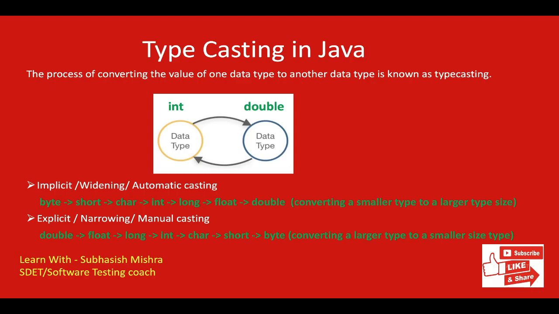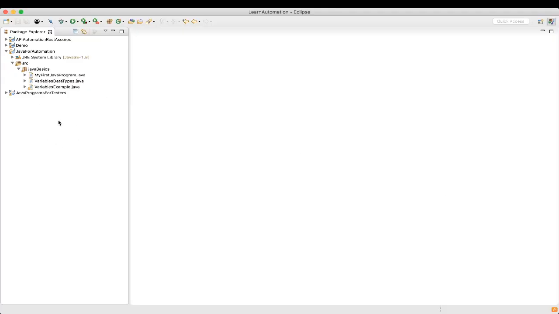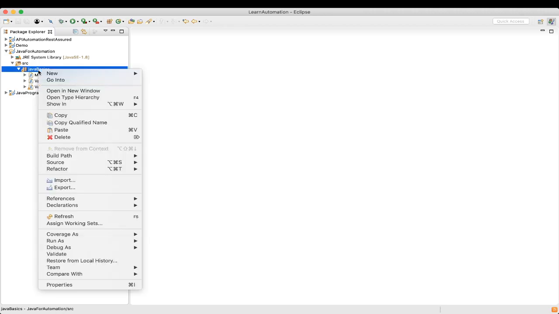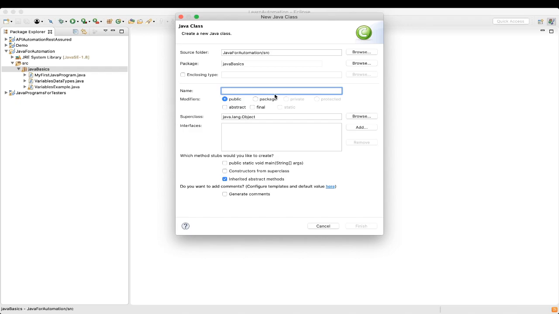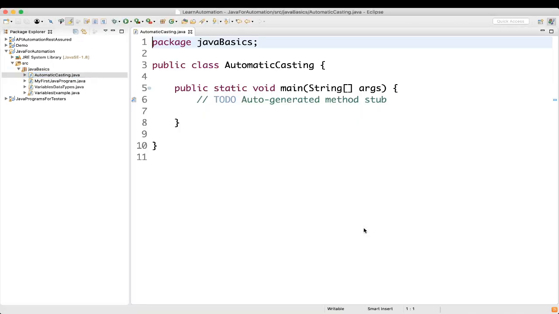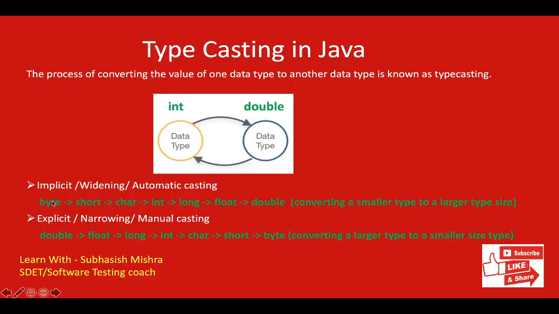Let's see an example. So let's go to our Eclipse and let me create a class, new class, and let me name it as automatic casting. What we'll try to do here is take one variable of type byte and then try to perform implicit casting.